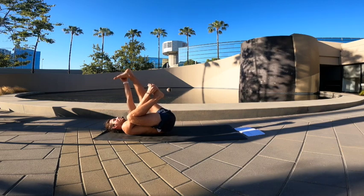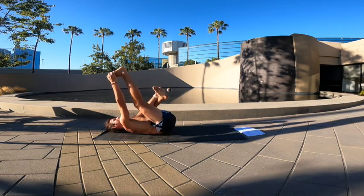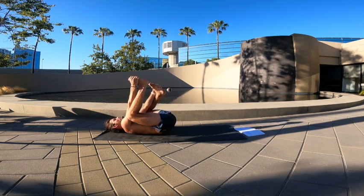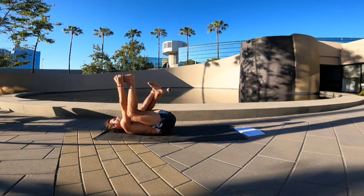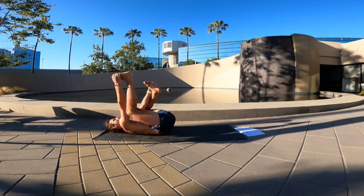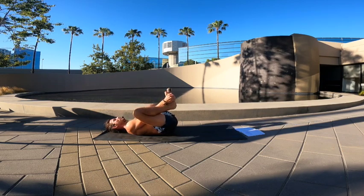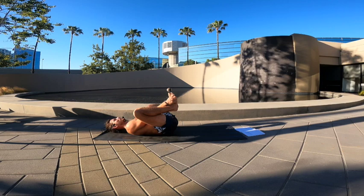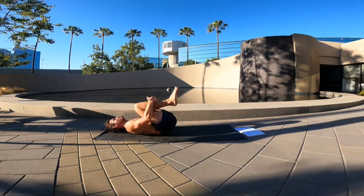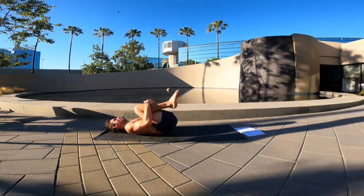Letting go of all the attachments mentally here, and when you get home, really having the courage to let go. Try something new. Whenever you're ready, squeeze both knees into your chest. Open up